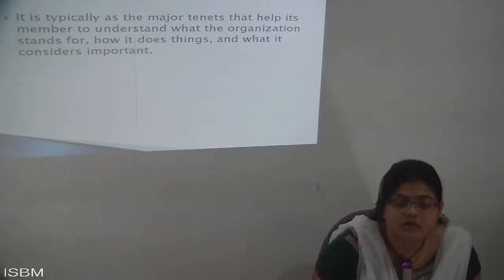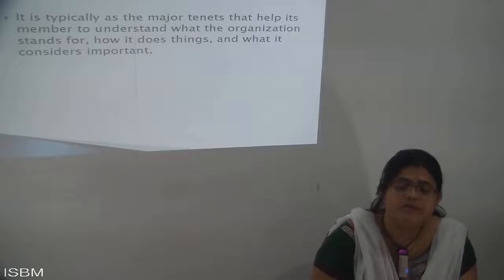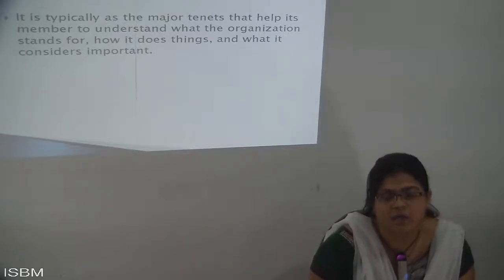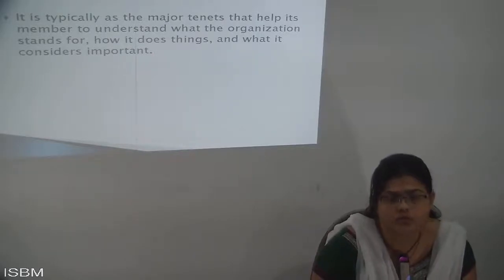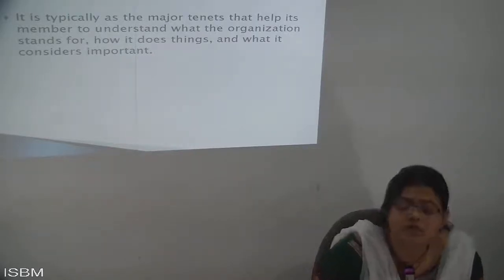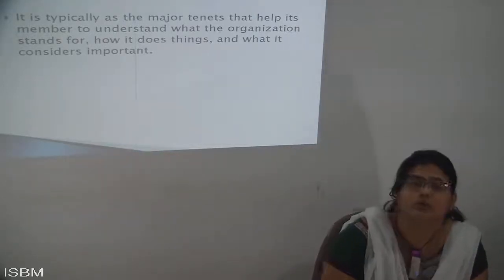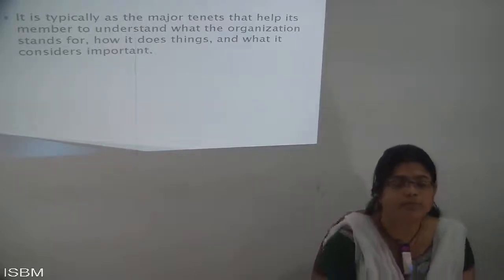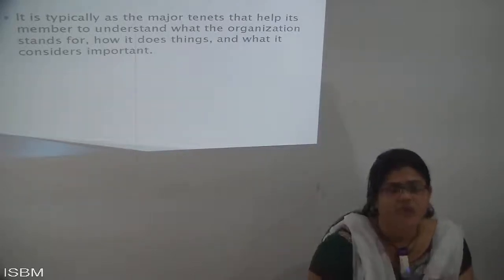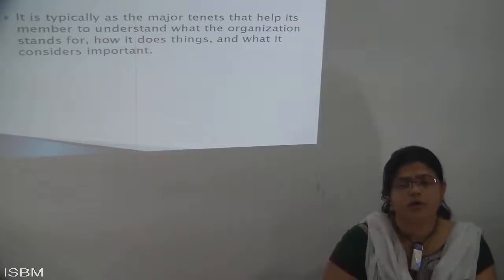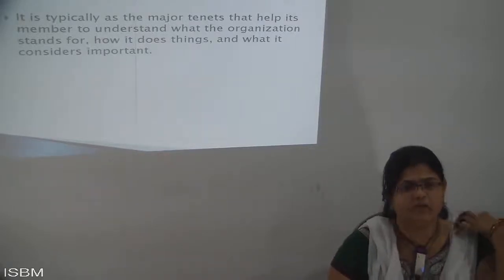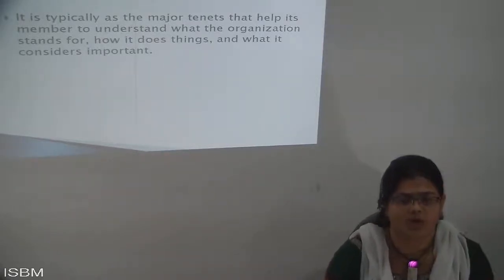So now here the thing is the major importance they have given with the help of a culture. But you need to know what you mean by social and what you mean by cultural. The culture is the major thing that helps the members to understand. With the help of understanding each and everything, you get to know what the culture is, what the standard of living of the people is, when you are in the organization.